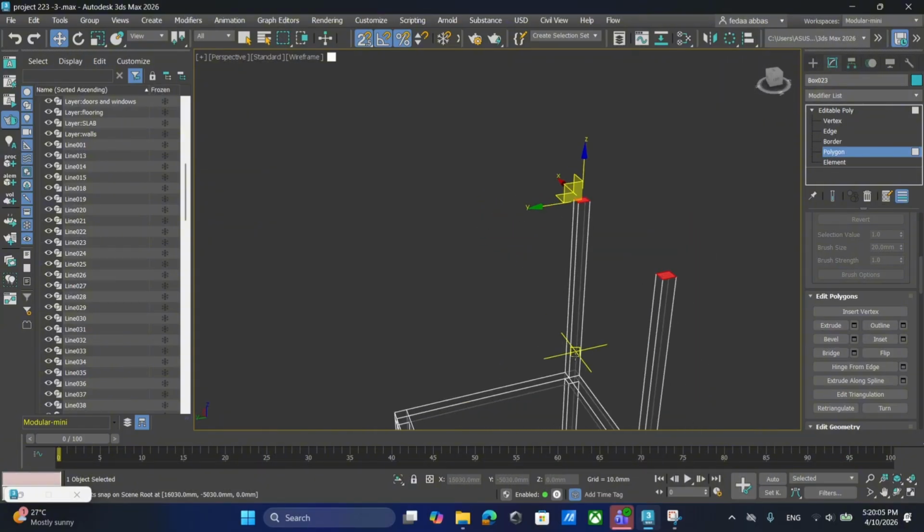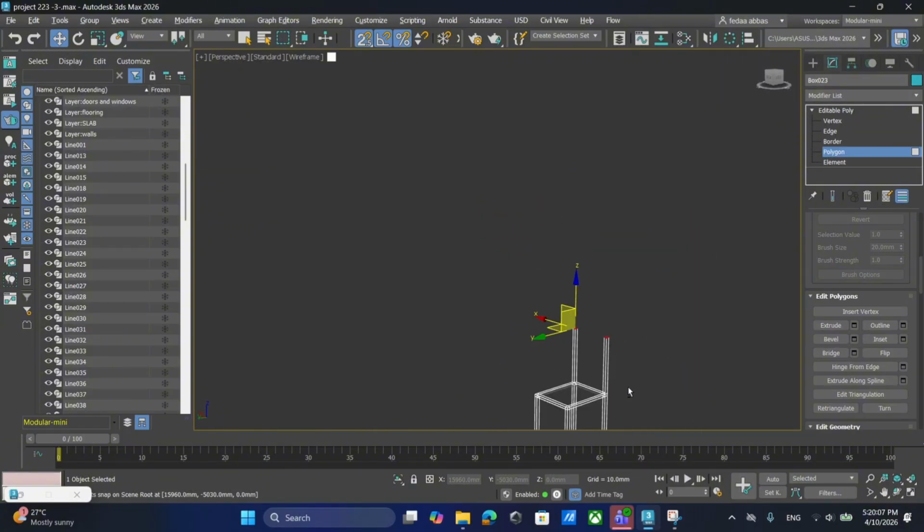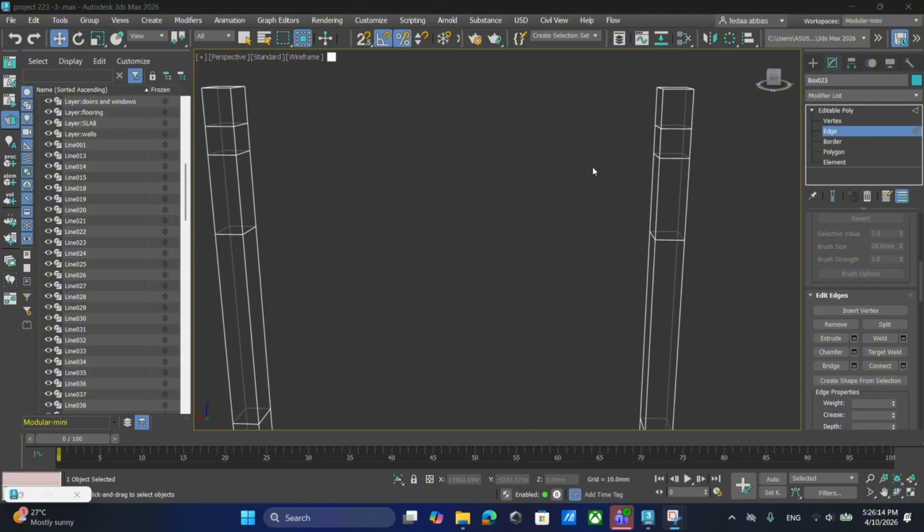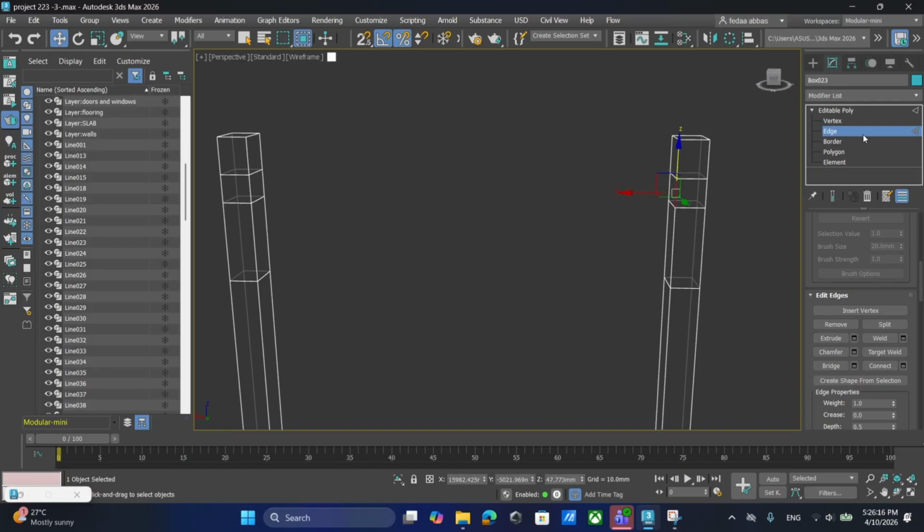So this is how the back, and this is my chair. And then added more edges in here and in here, so I can add like more polygon in here. So when I go to polygon and I press on these and then extrude them,